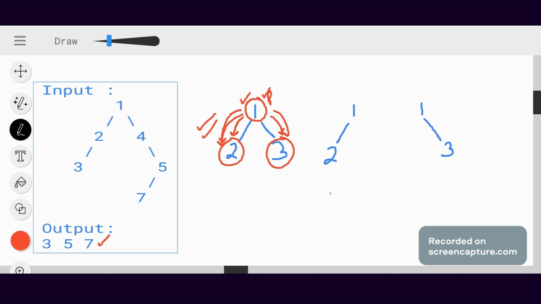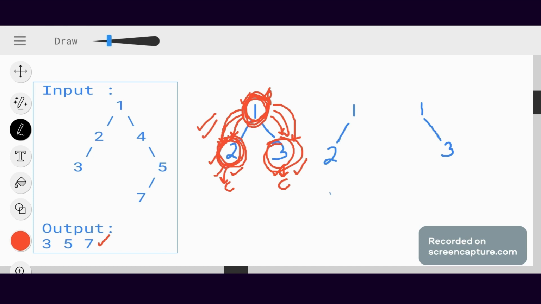Moving to the left side of this parent node, I have 2. Can I call this the child node of this particular parent node? Yes, so this is the left child node. Similarly, this parent node also has a child node on the right side, so I can call this the right child node. These two child nodes share the same parent, that is 1. So can I call these nodes siblings? Yes, because these two nodes share the same parent. 2 is the sibling of 3 and 3 is the sibling of 2. So these nodes have a sibling.